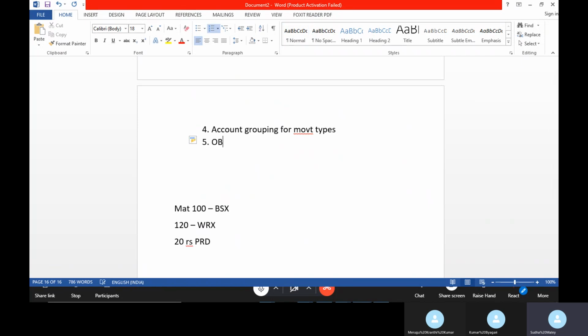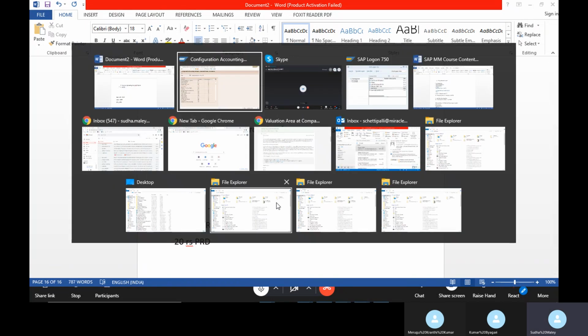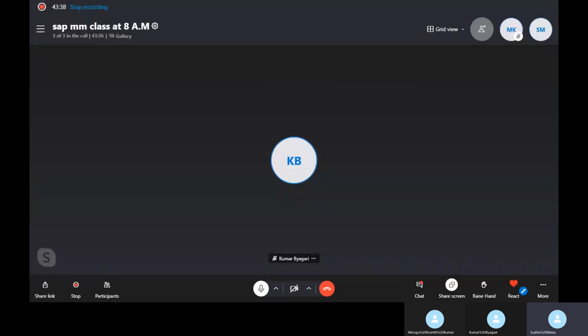OBYC is the last transaction code where you do your account grouping for movement types. You understood, right? This is how you assign your valuation class, valuation grouping code and account grouping to the GL account. In OBYC, the final transaction has a link to the GL account. So this is your MMFI